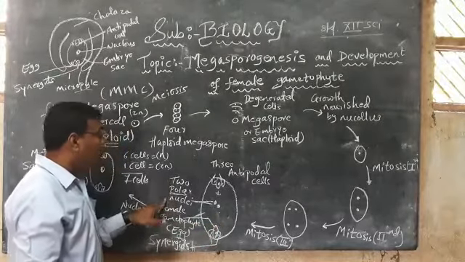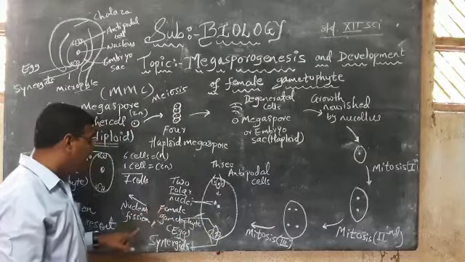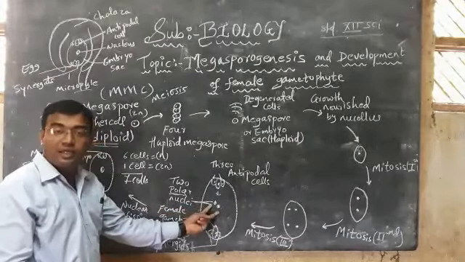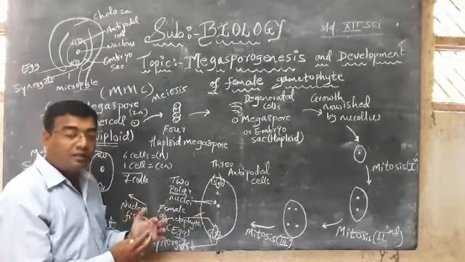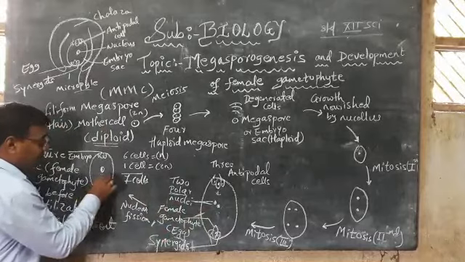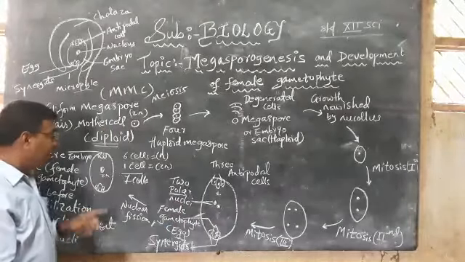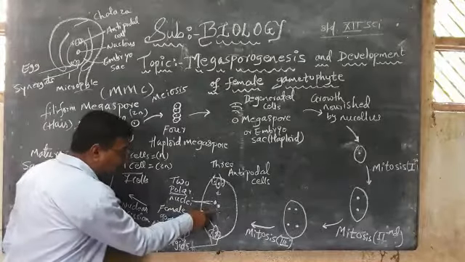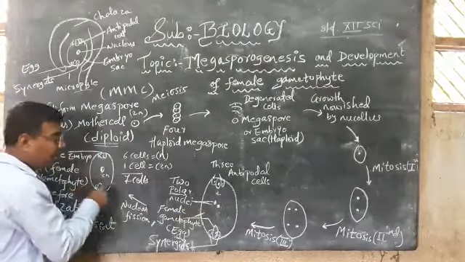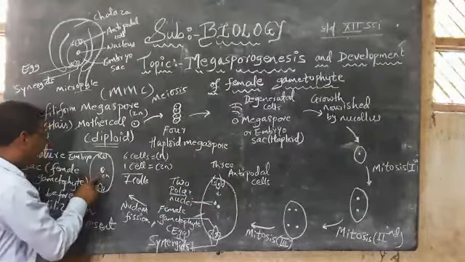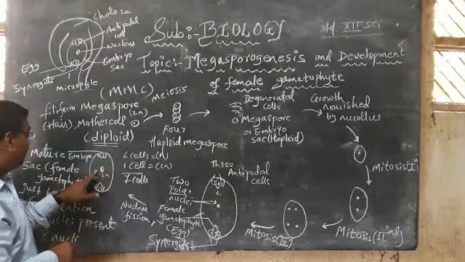Let us see about the two polar nuclei. These two polar nuclei, after a nuclear fusion होने के बाद ये दो polar nuclei का क्या होगा? ये combine हो जाएंगे. They will get combined to form a single cell. But this cell will be diploid. Why diploid? Because all are haploid cells, but haploid plus haploid becomes diploid. Means n plus n becomes 2n, and this middle cell will act as a female gametophytic cell.